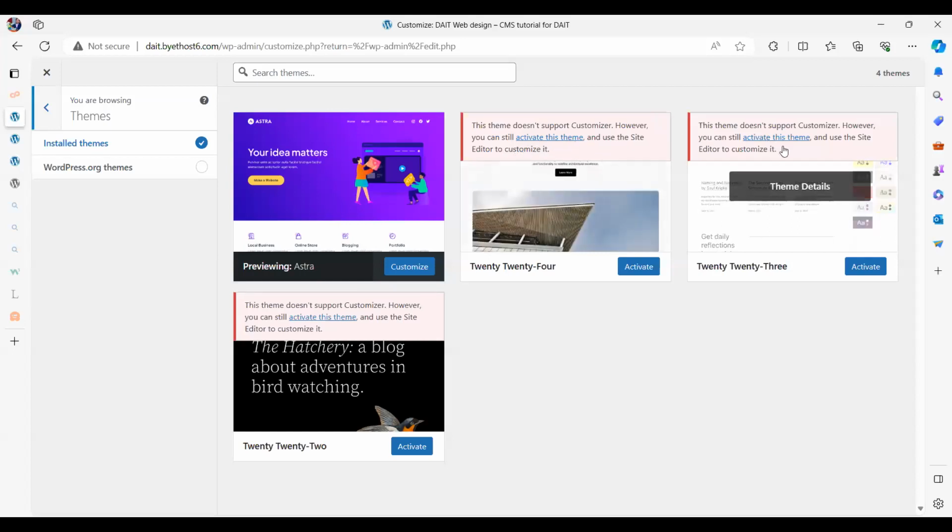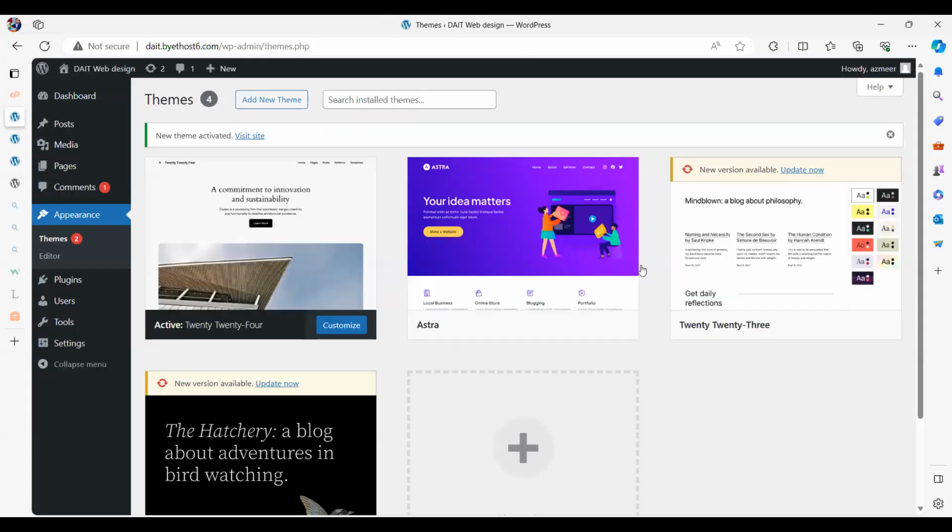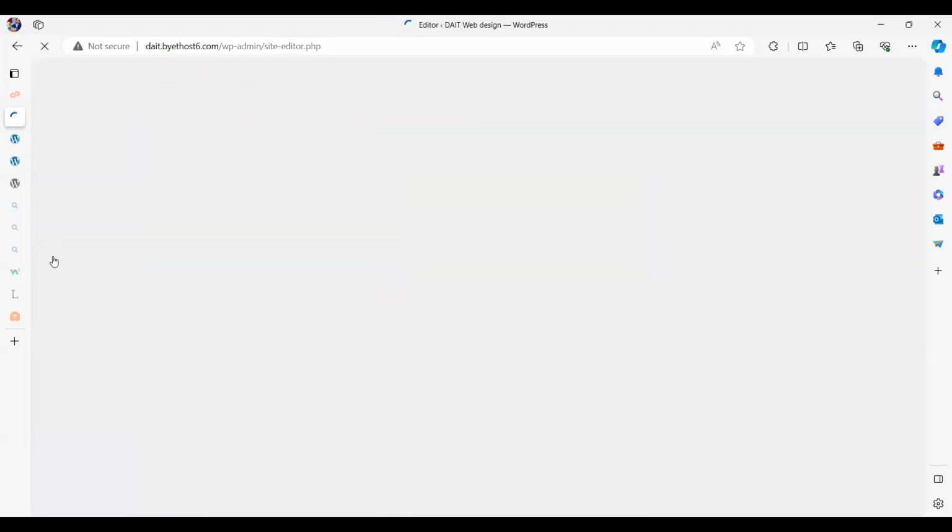This doesn't support customizer. Anyways, I'm going to activate it and see how it works. I got a warning saying you can't customize it. Fine, I'm all right with that. So I'm going to go to editor. You see that menu changed.